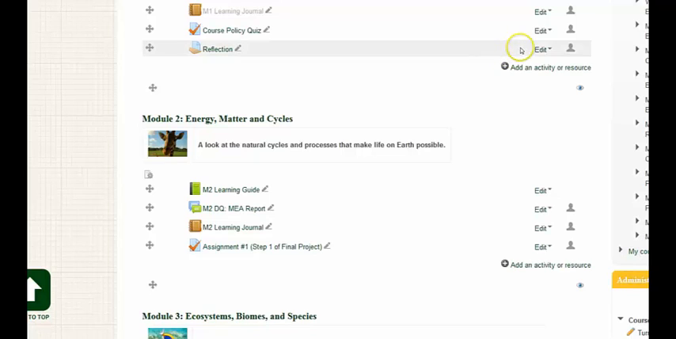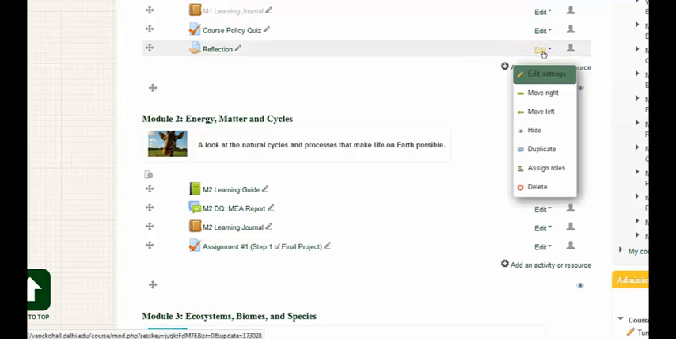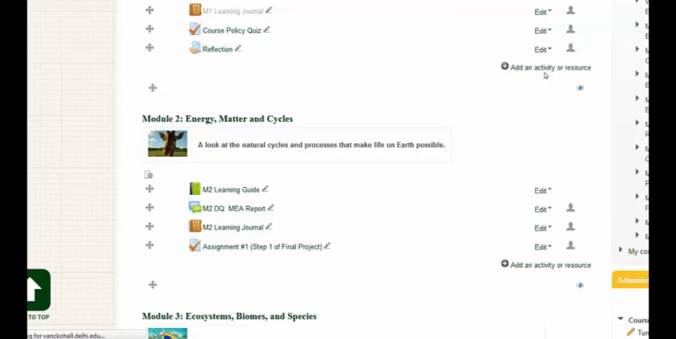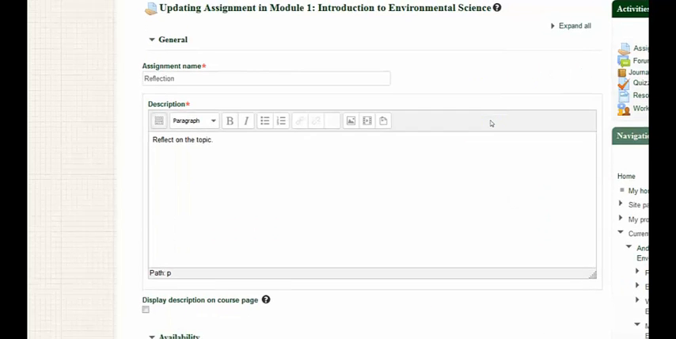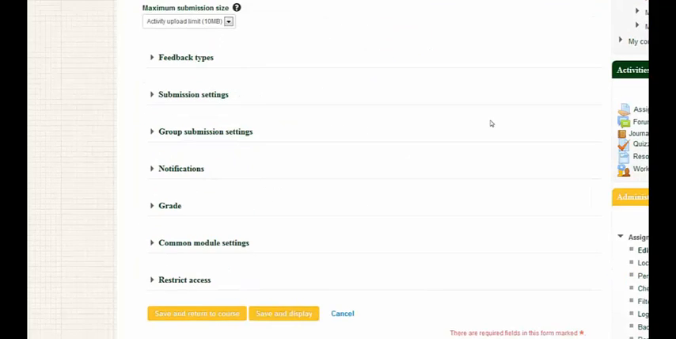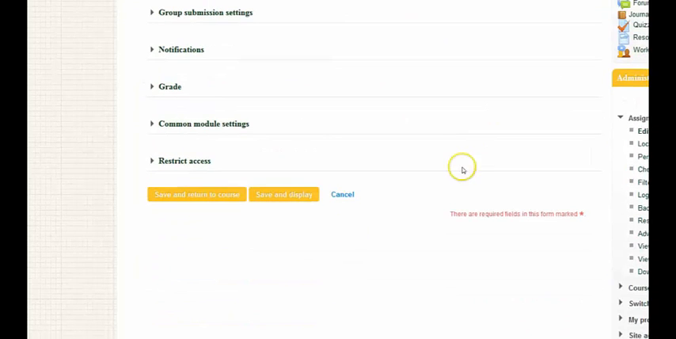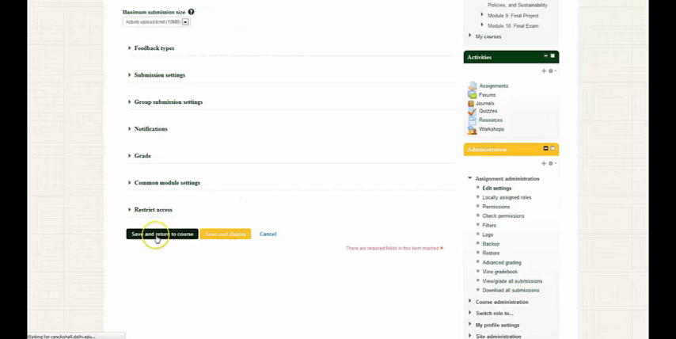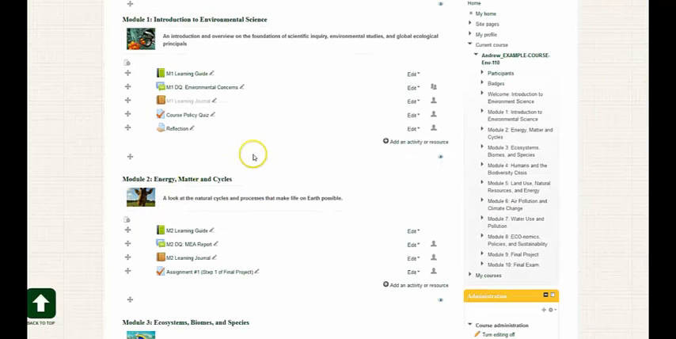Now if I needed to edit the settings of this assignment, I simply go to Edit again and I will now go to Edit Settings. And now I'm able to change any of the settings that I initially selected. So now I'm going to go back to Save and Return to Course, and we are going to talk about